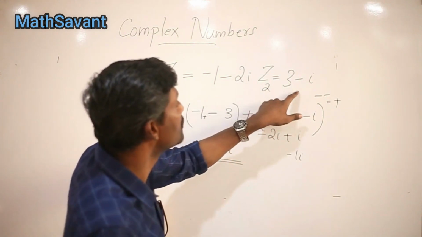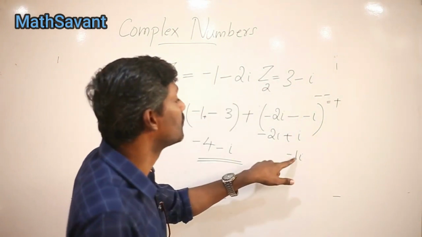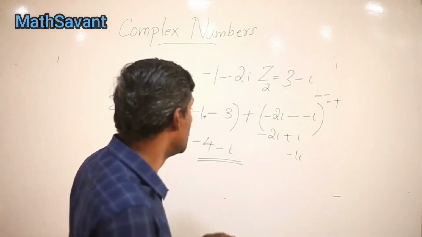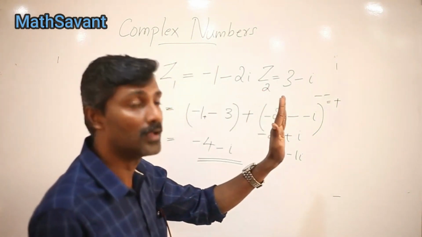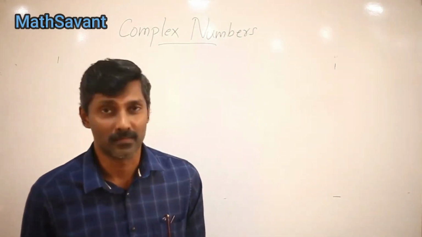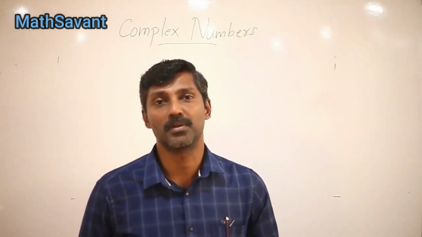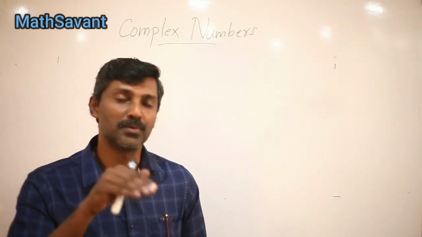Minus 2i, minus of minus i is minus 2i plus i, which makes it minus i as the answer. So the final value, the subtracted value, is minus 4 minus i. Alright, so now that we have covered the addition and subtraction of complex numbers, we will jump into the